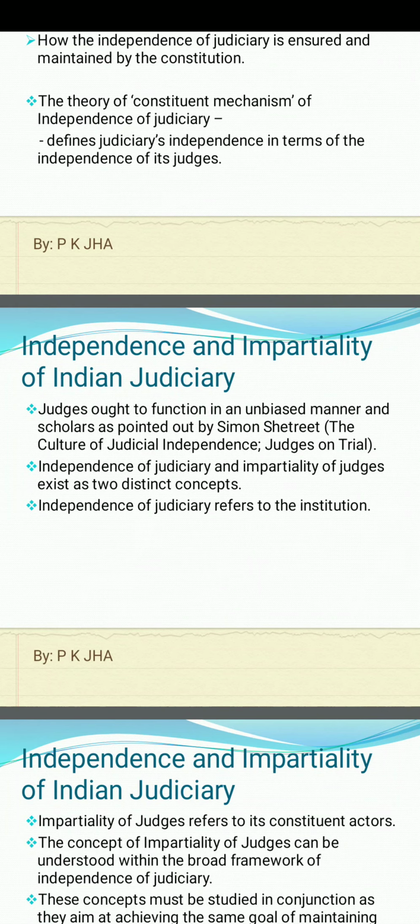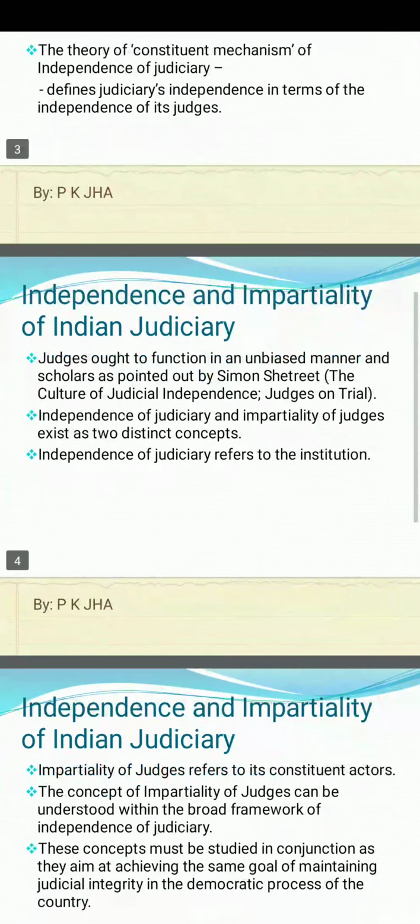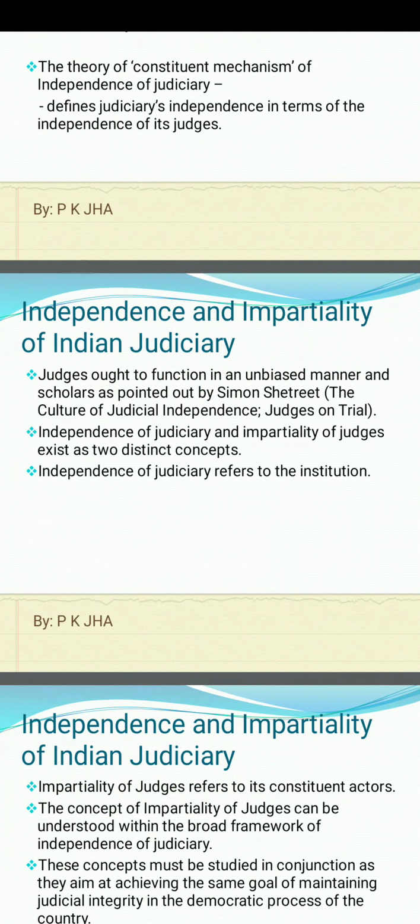Okay, you just try to understand it. Independence of judiciary means here we are referring to the institution, the institution of judiciary. And as far as impartiality of judges is concerned, judges are the jury members, the actors, the constituent actors, isn't it? So these are two different concepts, where independence of judiciary refers to the institution, and impartiality of judges refers